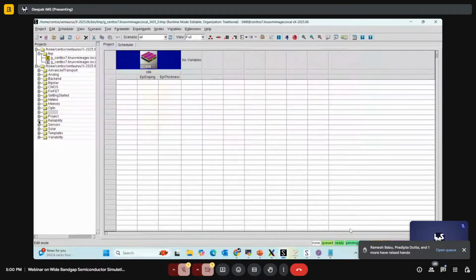It actually depends on the application. But the finer the mesh, the more accurate the result you will get. No, sir. I am saying that if you are using different types of mesh,